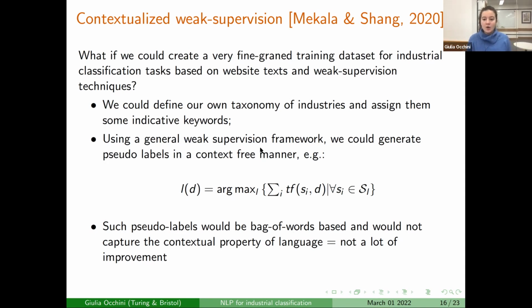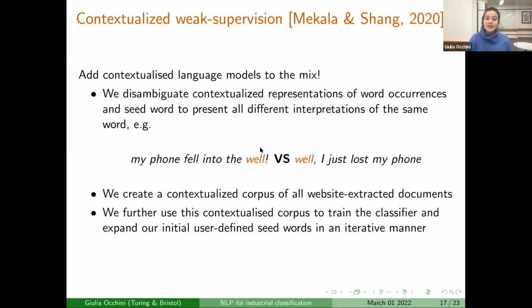Also, since it's again a bag of words approach based on term frequency, a lot of documents could be wrongly associated to a label, and we wouldn't have a very high level of accuracy. And this is where contextualization comes into play. So we add a contextualized language model to the mix, and we disambiguate representation of word occurrences that have a different